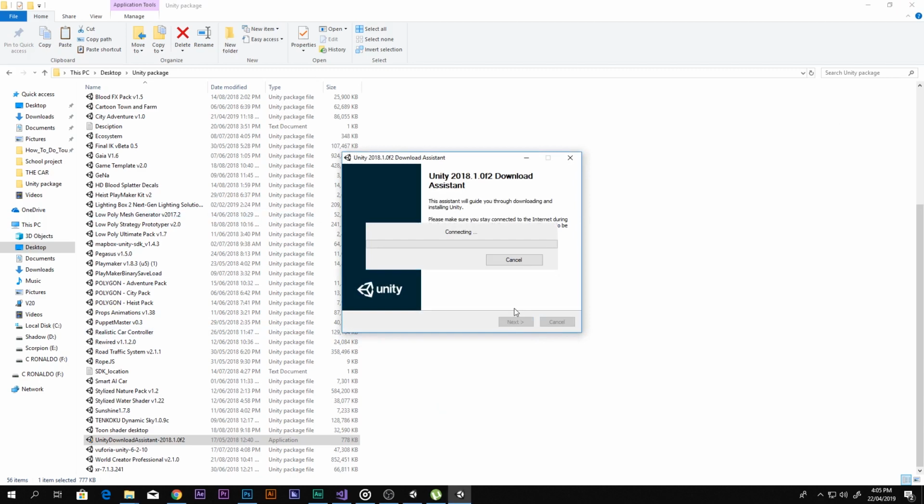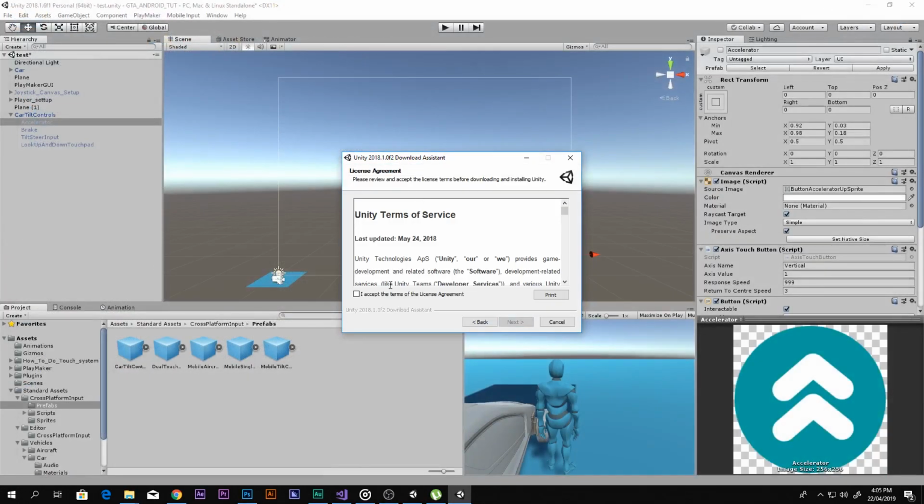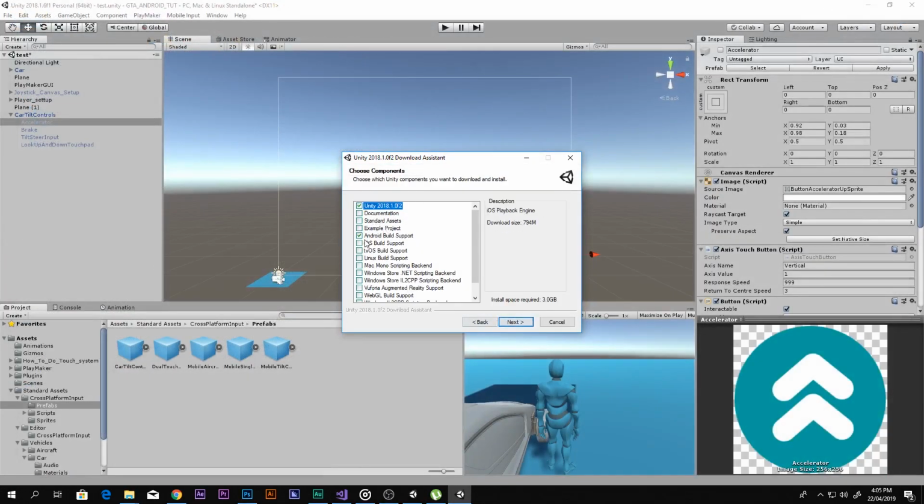say next and accept it, and next, and there you can see Android build support. So in order to download that, you can disable everything and download the Android build support. It's only 232 MB, which, okay, 1.1 GB. All right, so it's not that big, so you can download it easily. If you are on iOS, you can also download that one, but you can download Android build support from here, from the download assistant, and then